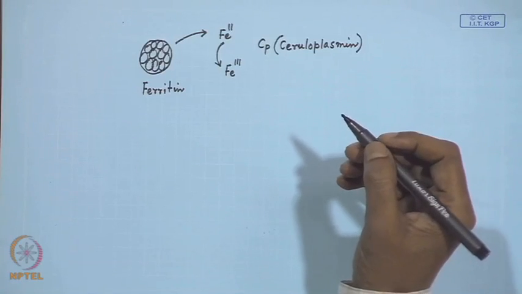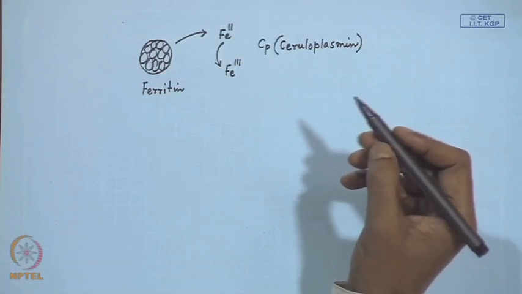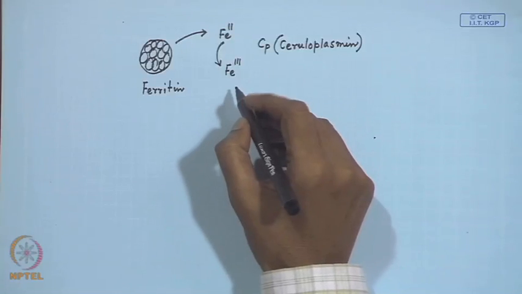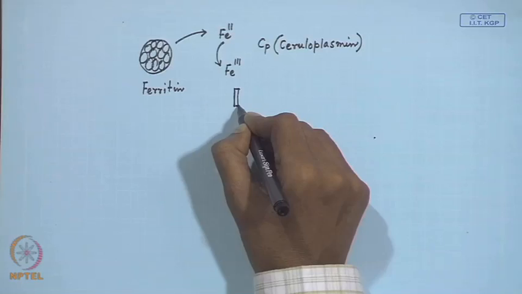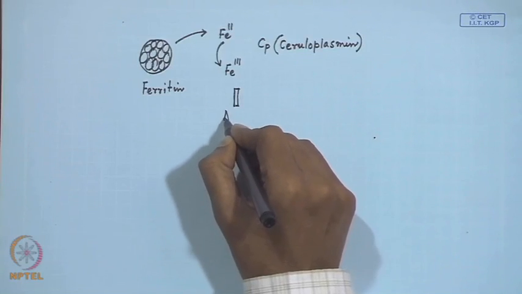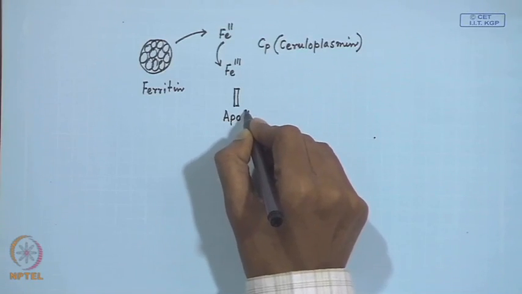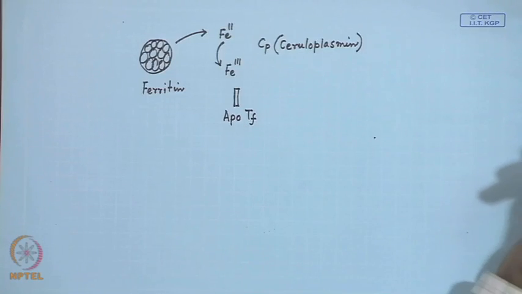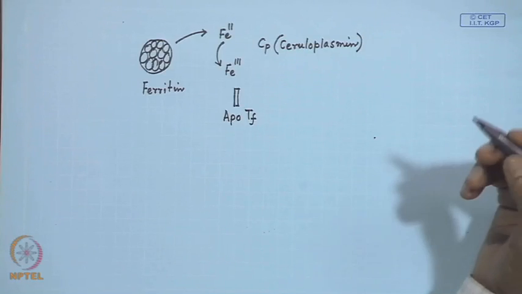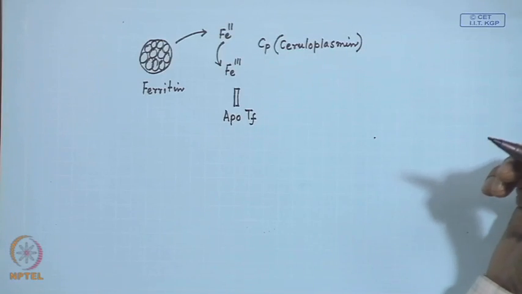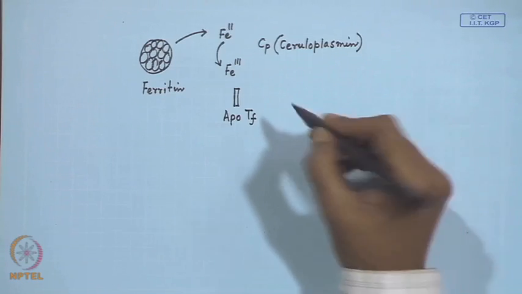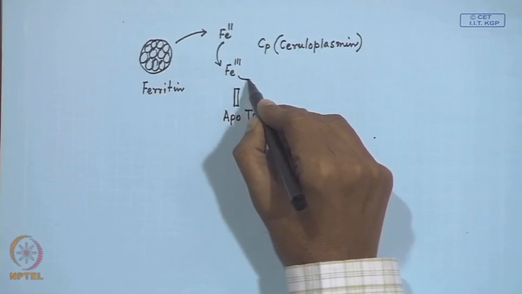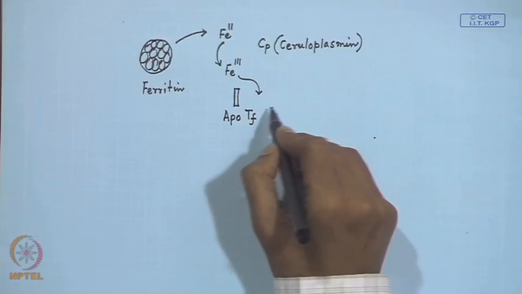Ceruloplasmin, and once it is oxidized, this particular ferric ion goes to the apotransferrin molecule. So, this apotransferrin molecule has two identical iron binding sites, and X-ray structure has proved that it has two typical iron binding sites. So, when it is taking this iron,